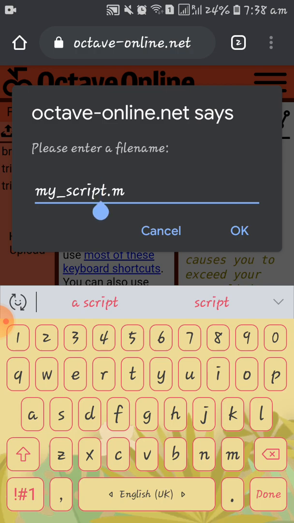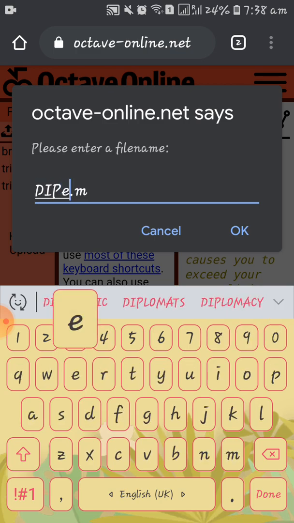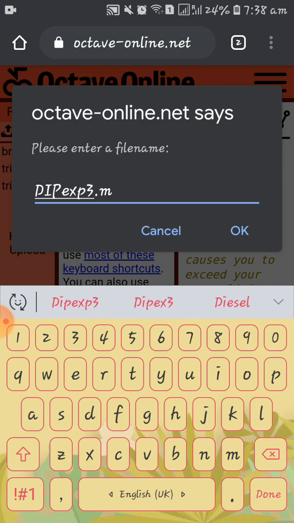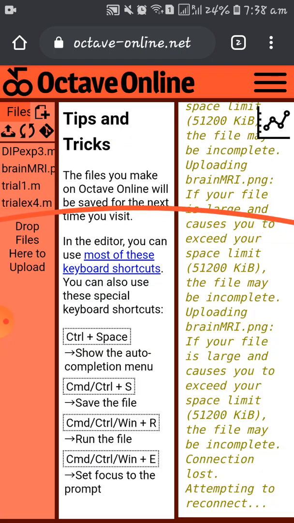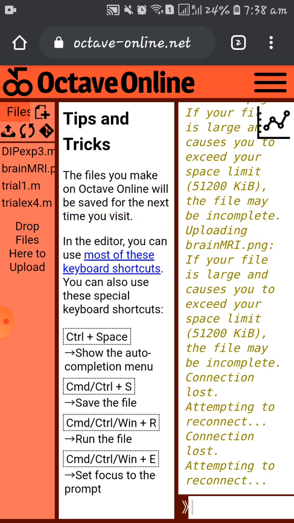While saving, be specific. Now I'm typing dip experiment 3.m. The .m is already there, so I'm just changing the file name. Now at the top left you can see dip experiment 3.m has been created. Click on that.